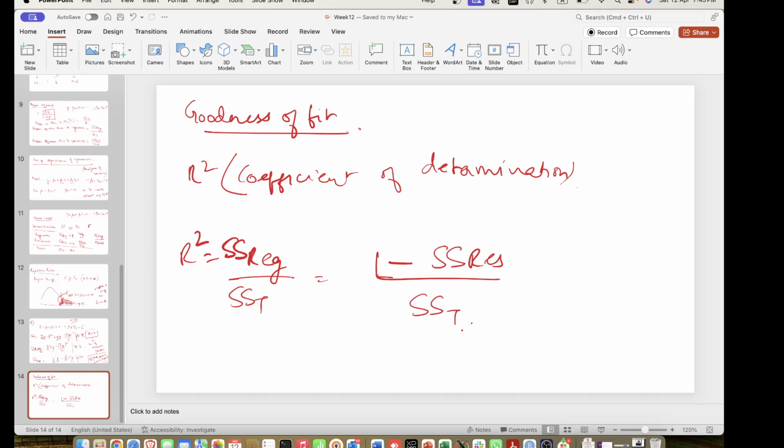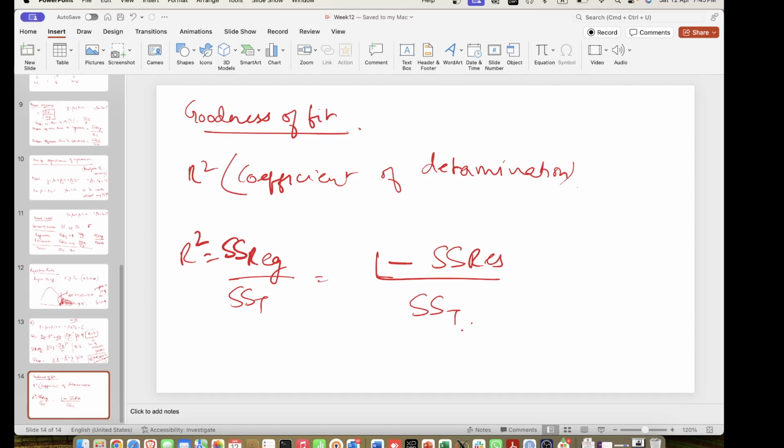If it doesn't, there are other more preferred goodness of fit metrics, but in the presence of an intercept term, we could use this R square, or coefficient of determination, as a valid metric for assessing goodness of fit, which essentially translates to seeing how well the fitted line is actually explaining the observed data,